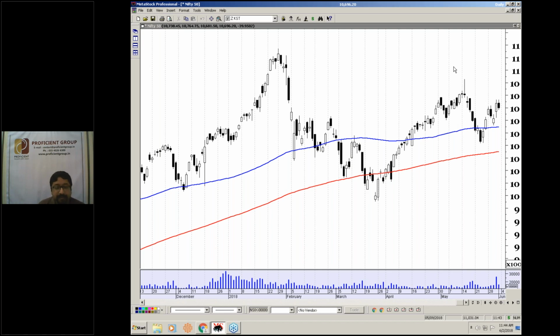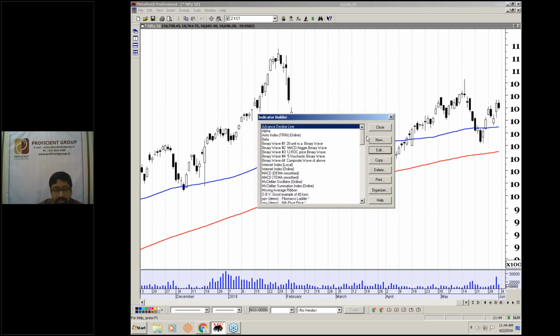ROC is actually rate of change, and today we are starting with ROC oscillators. Let's see, and from there we will go to the KST. So let us create first